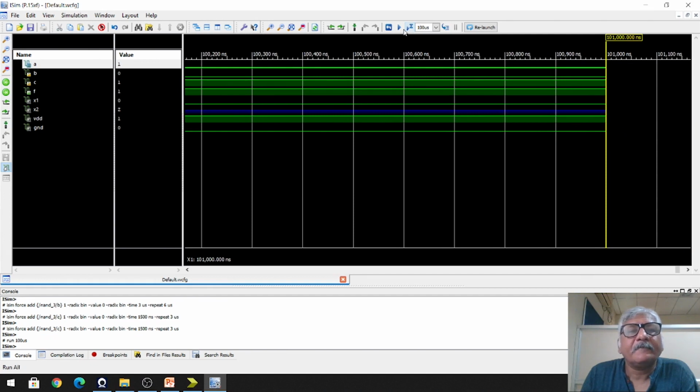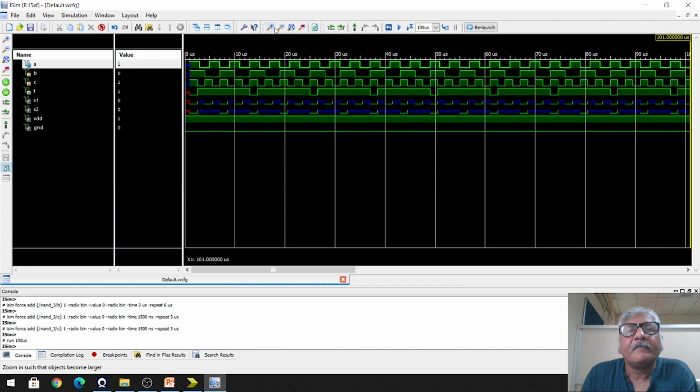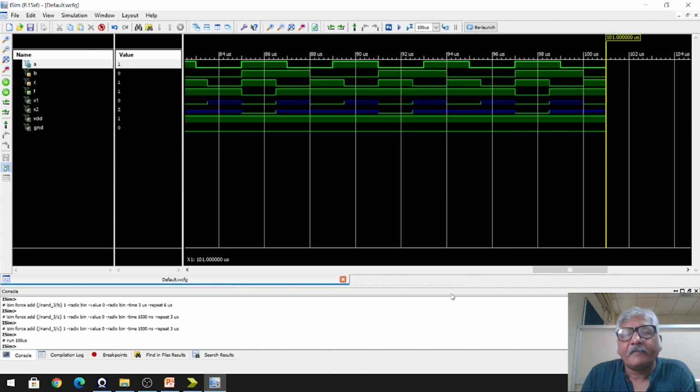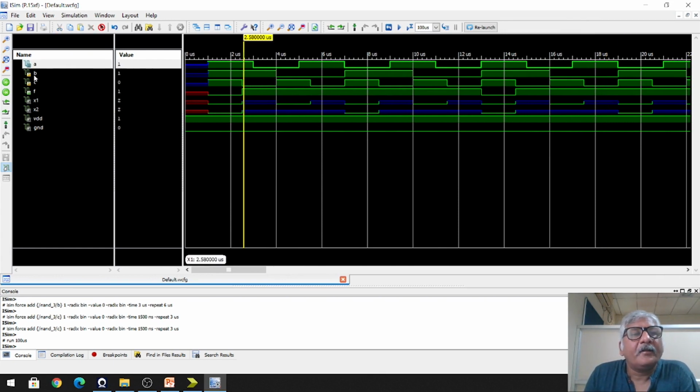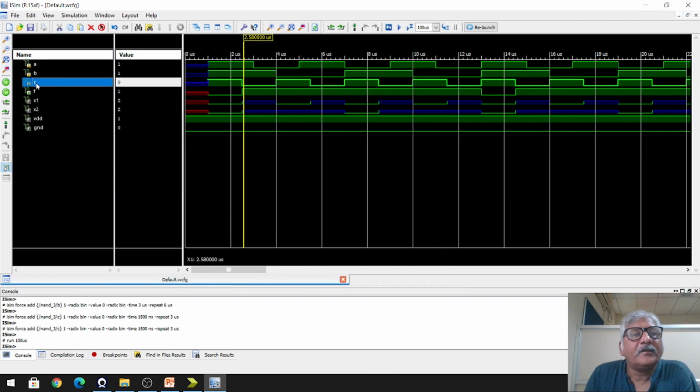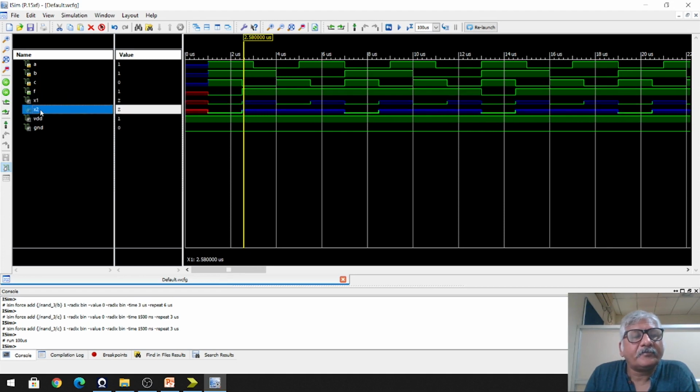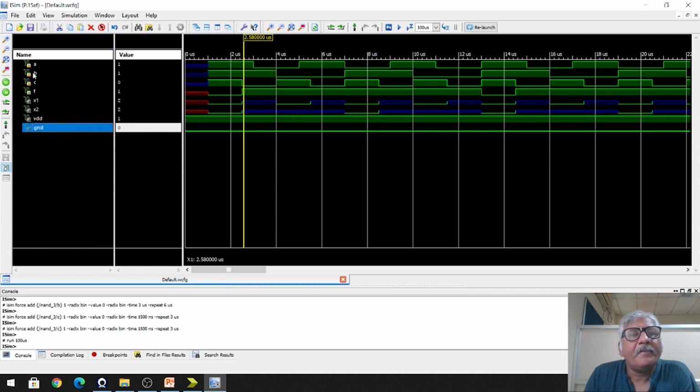Okay. Right. So here you can see this is the input A, then input B, then input C, F is the output, X1 and X2 are the wires which we have declared, VDD is 1 and ground is 0.